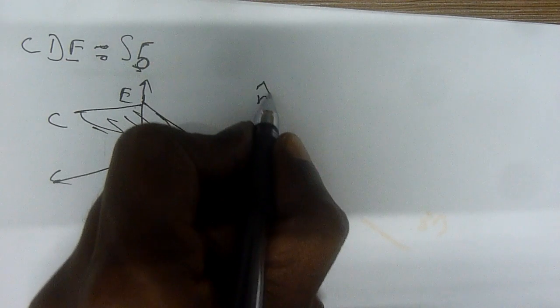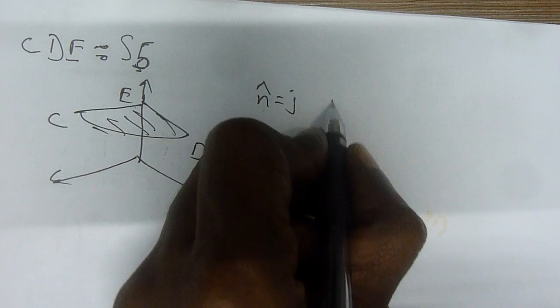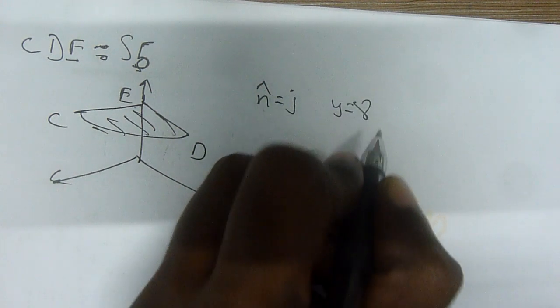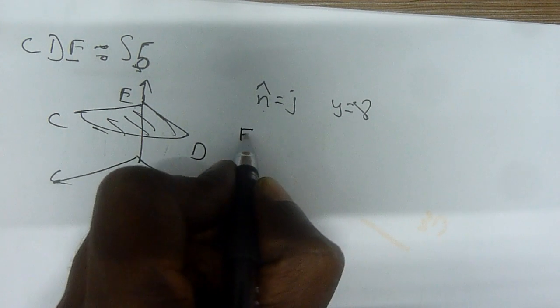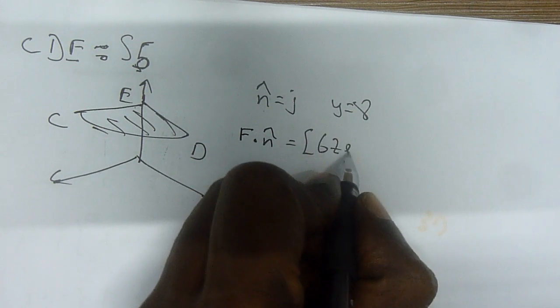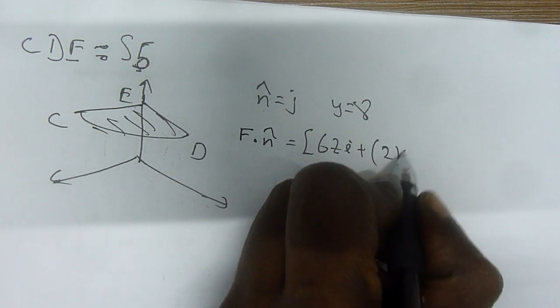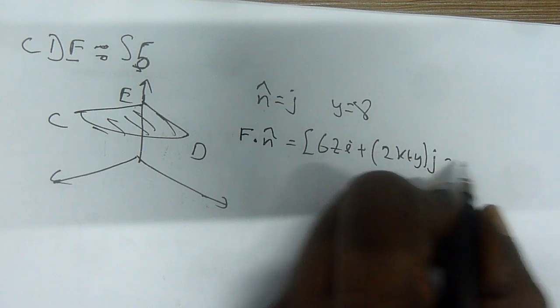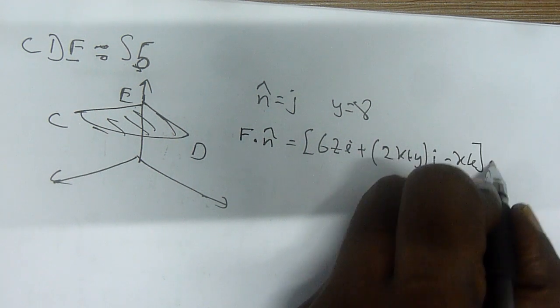Therefore the n in this case is j, and y equals 8. F dot n product to this is 6zi, 2xyj. That's why when I repeat the